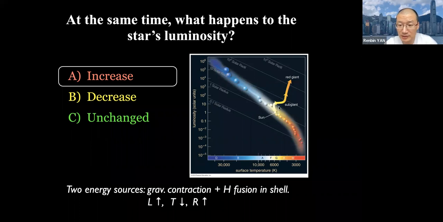So the star becomes red because the temperature gets lower, the spectrum will be at a redder wavelength, right? So it will become redder in color, but higher in luminosity, and also larger in size. So we call it a red giant star. So it goes to this part of the HR diagram.